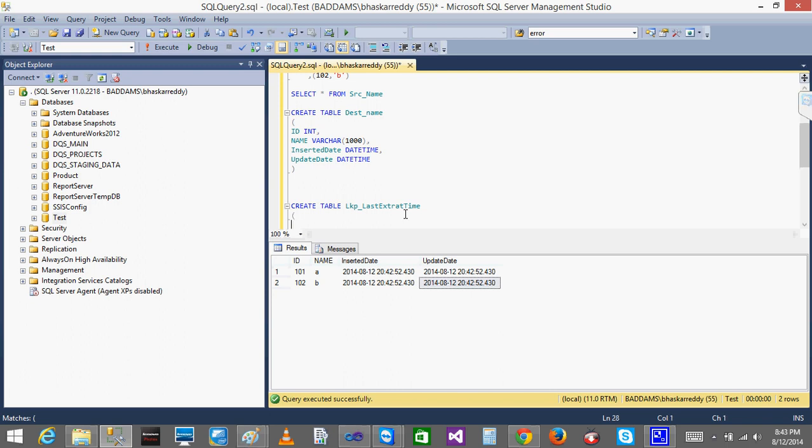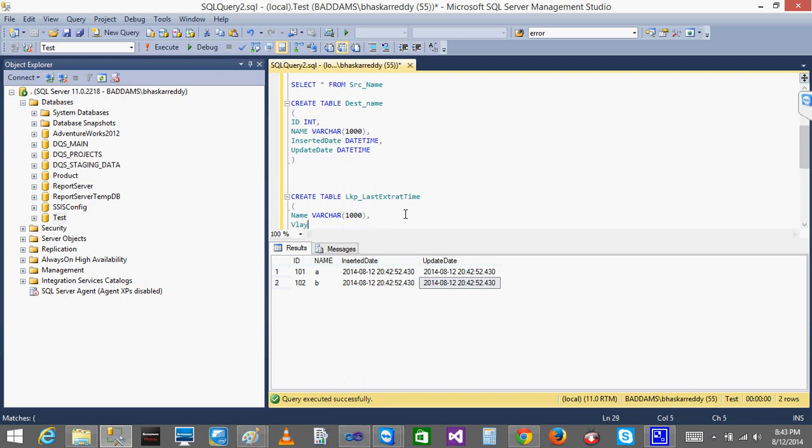I want to have the name, varchar 100, 1000 or something. I want to have the value. It is a varchar. I can store it in a varchar. It's not a big deal.